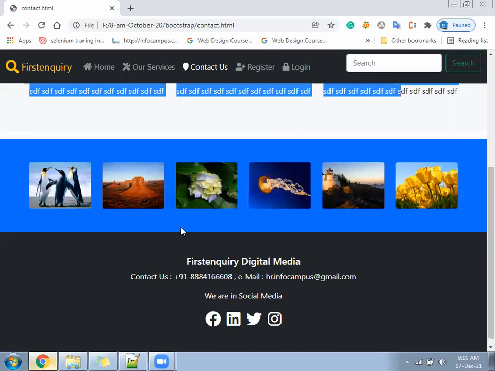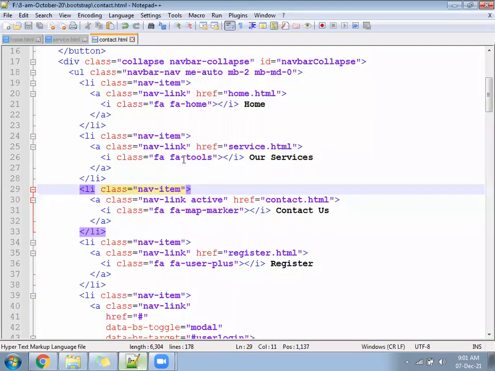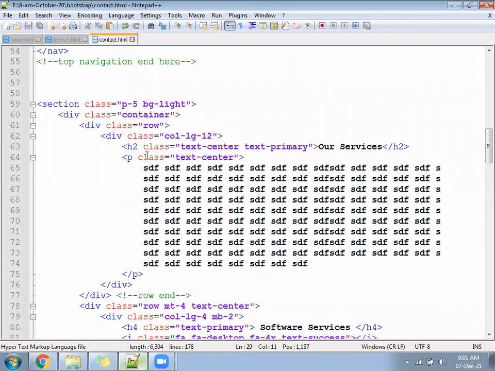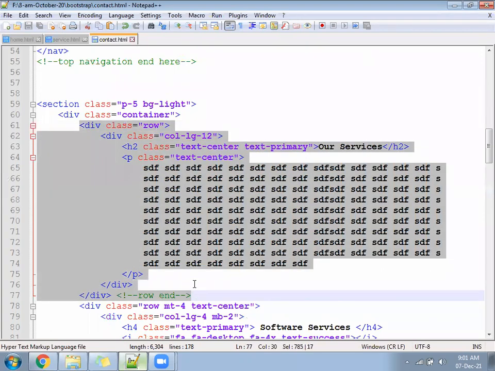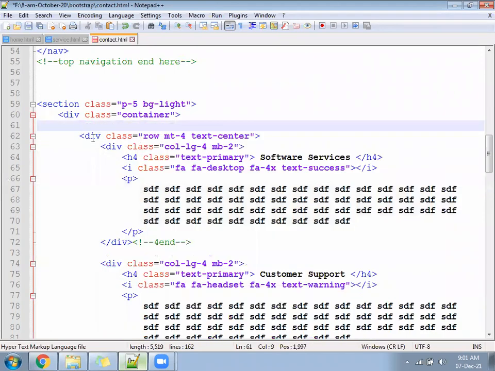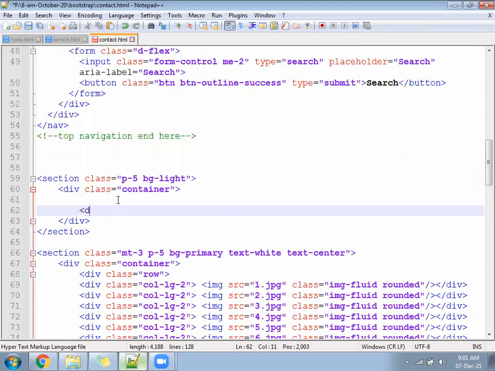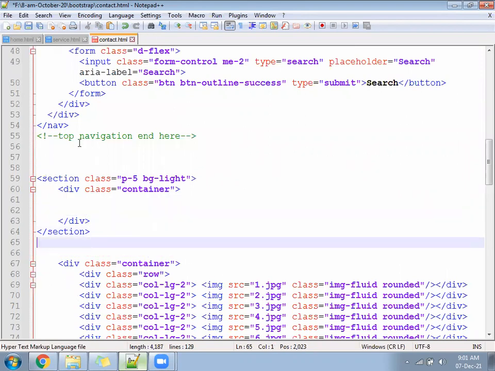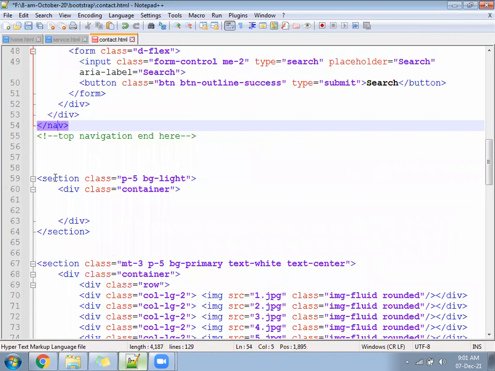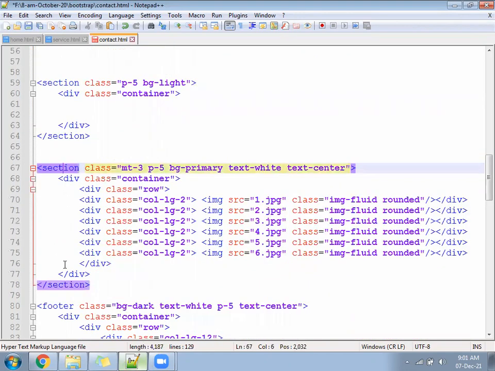We will delete this. So what we will do, come there, delete everything from the first row. First row itself you delete. Okay, and the second row also you delete. Only you will have a section tag. See, last we have navigation and section. After that, this one is an image block.